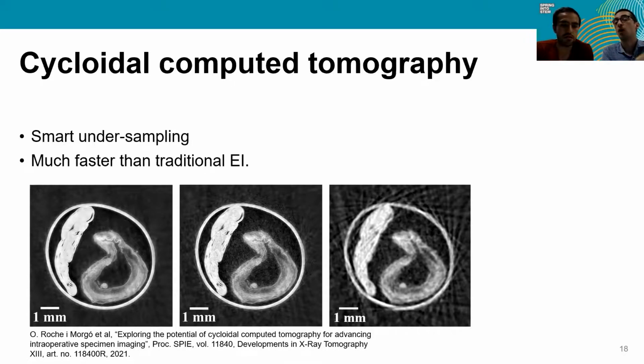So for edge illumination in general, the only modifications you really need are the masks, these absorbing masks that Carlos was talking about, which help you collimate or basically restructure the X-ray beam into narrow beamlets. And with cycloidal CT, that's also the only necessary modification in order to use it. There are some considerations about resolution, about how the source is, how the X-rays spread onto the sample, but in general, you mainly just need the masks.